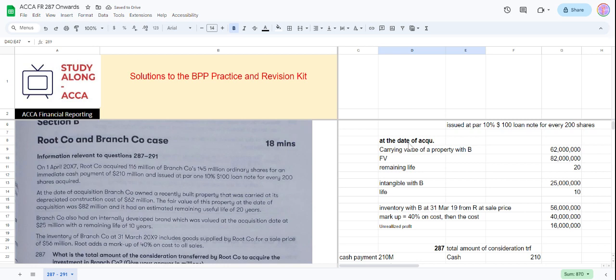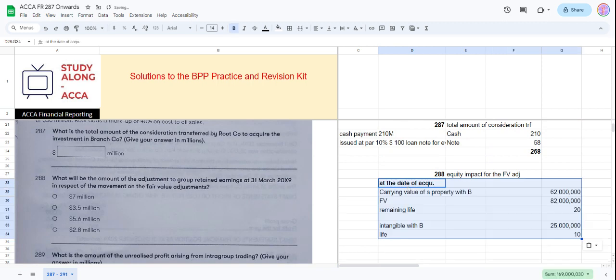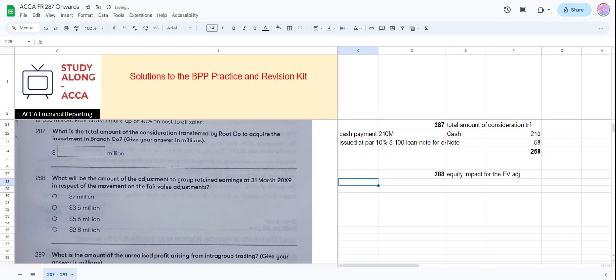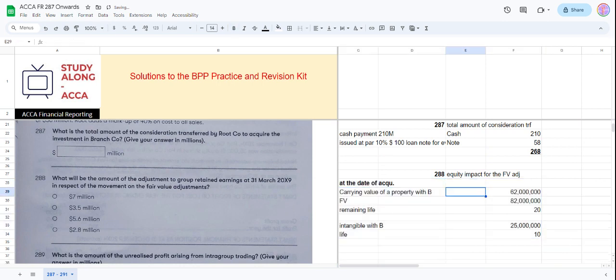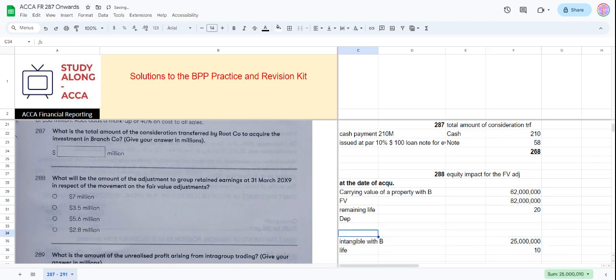So we already had this information. We can copy this, paste it here. What it is saying is the carrying amount of the property on this date was 62 million. Then there is fair value at 82. So what will happen? The depreciation charge here will be how much? But there is one thing to notice about the dates here, which is the date of acquisition,